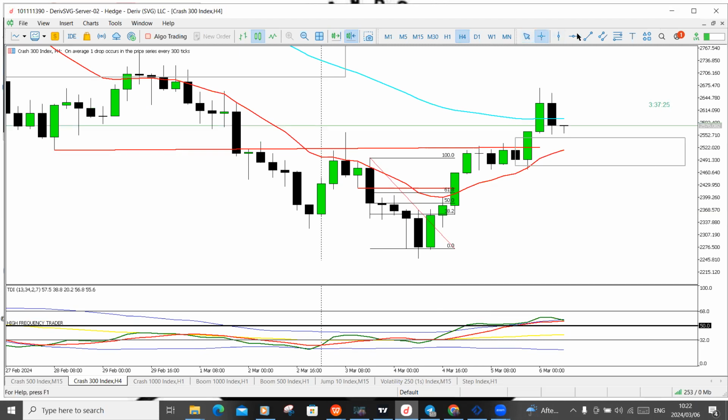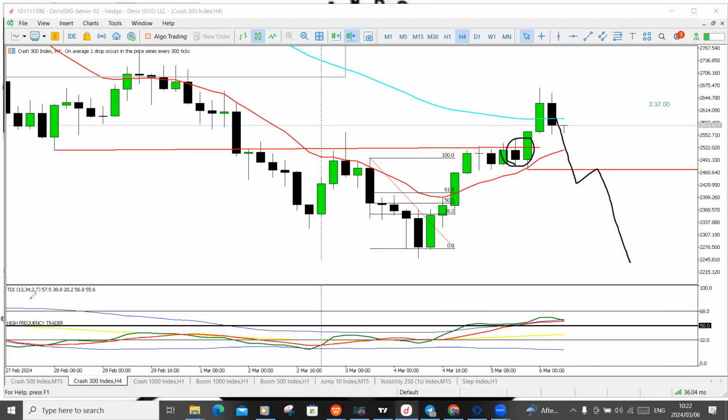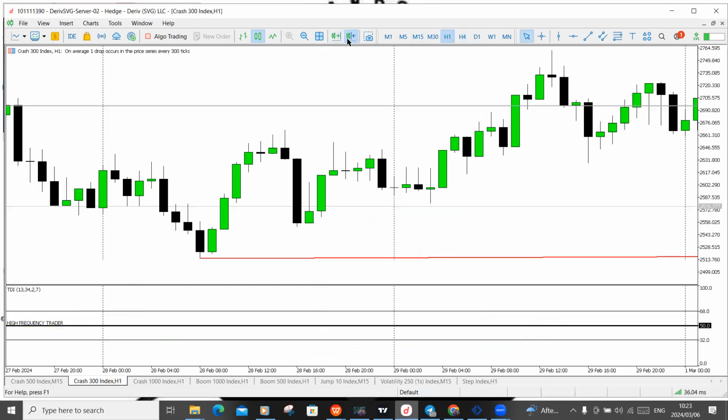And I would love to wait to see price breaking. Let me rather use this. Okay, for a high probability sell, we'll have to execute when price comes below 2470. That will be the safest sell because it's a 4-hour order block. It's this order block here which would have been broken. So I'll be looking for a very good sell there. But for early entries now,